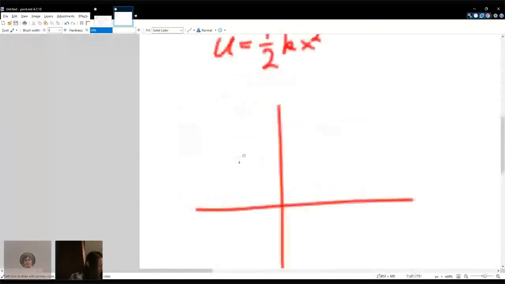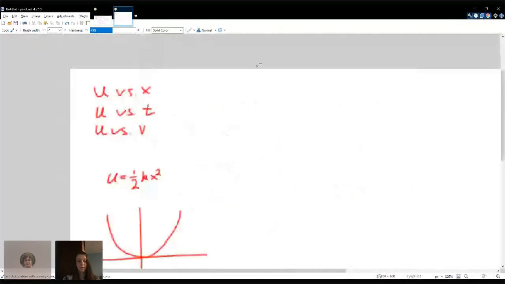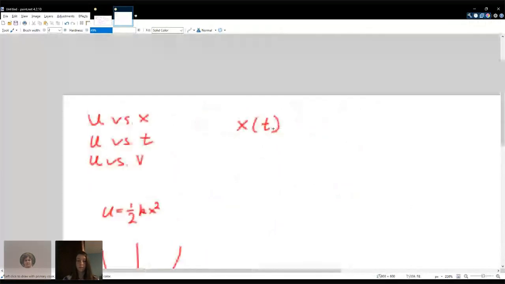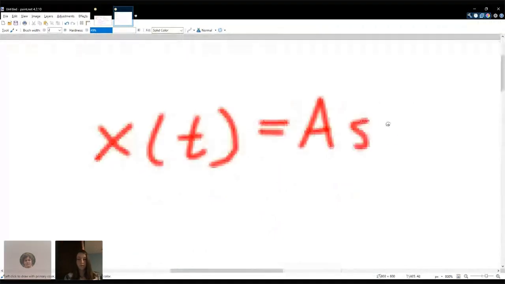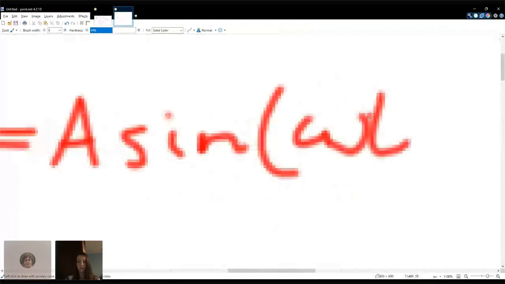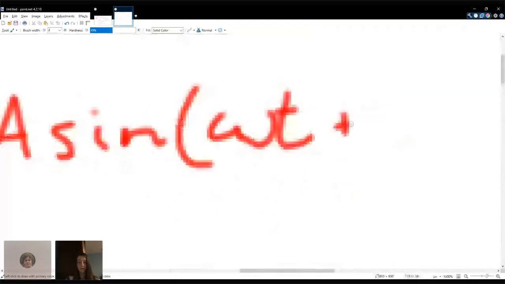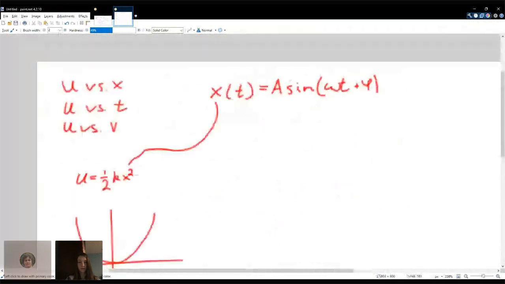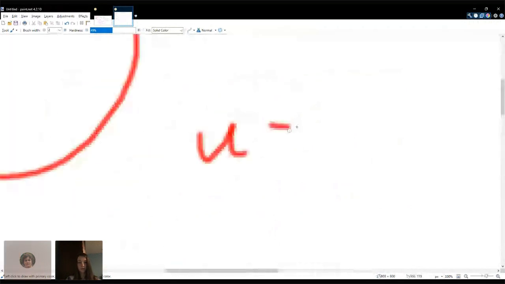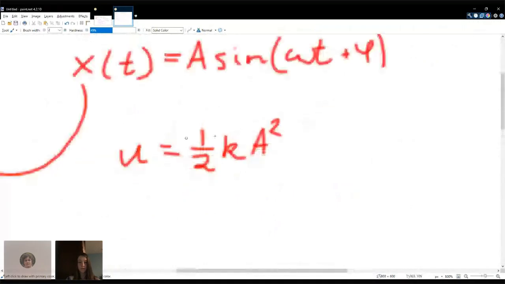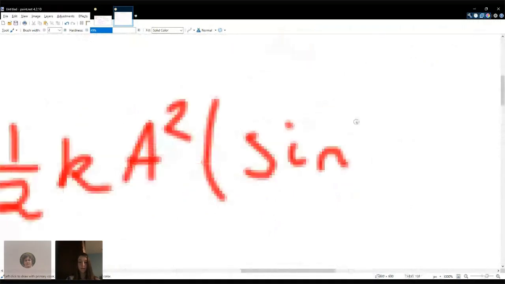That's just going to look like your basic parabola there. U versus time is a little harder, but we do have X as a function of time being A sine omega t plus some phase shift, that normally actually ends up just becoming 0. So you can plug this into here, and then you get U equals 1/2 k A squared times the sine